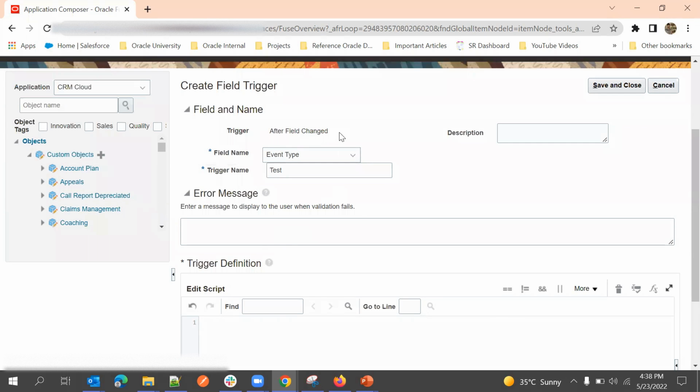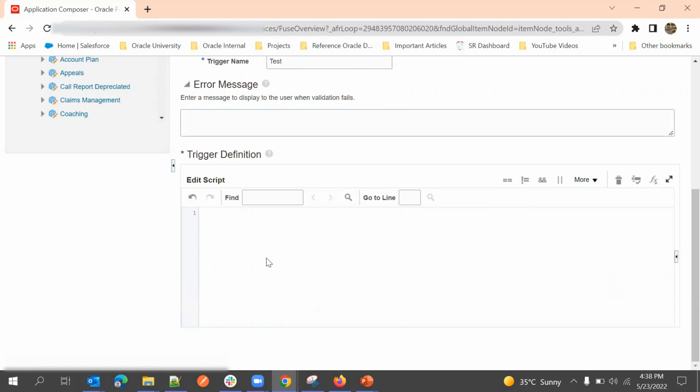The name itself says after field change, so whenever the selected field is changing, at that time it will trigger. I'll use the same condition: if event type is equal to orientation, then